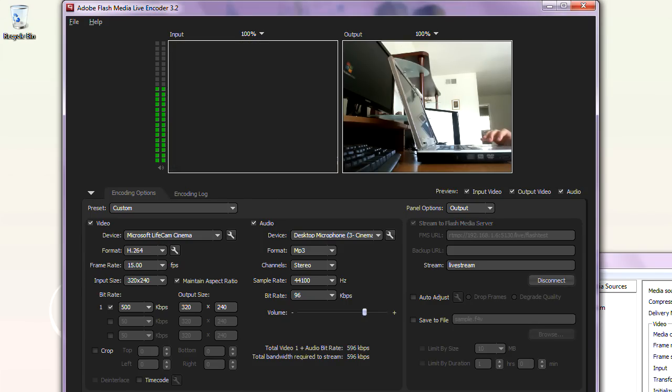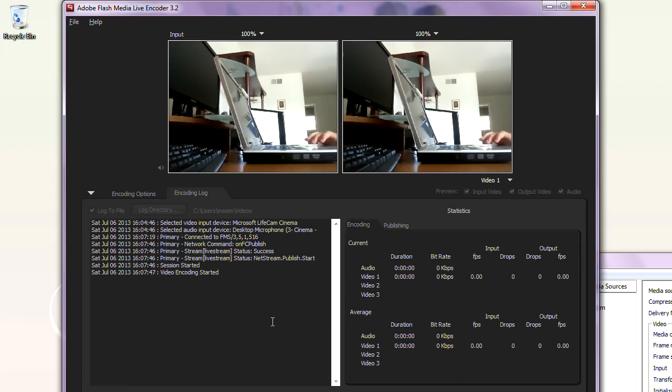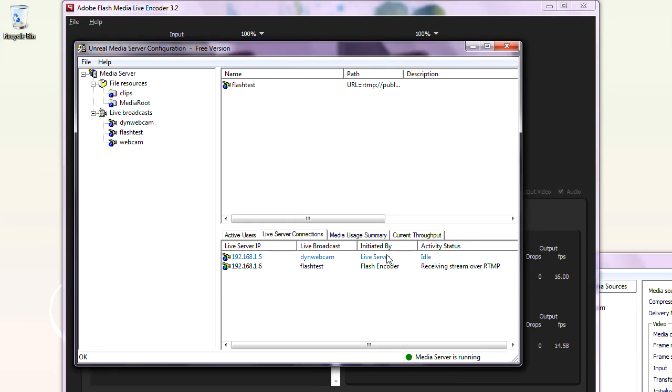And when we click start, the actual encoding starts, and the stream starts going, and the status here changes to receiving stream over RTMP. And this other one, remember, we created the dynamic live broadcast, so the live server maintains an idle connection. But here we are interested in this one, so let's try to play